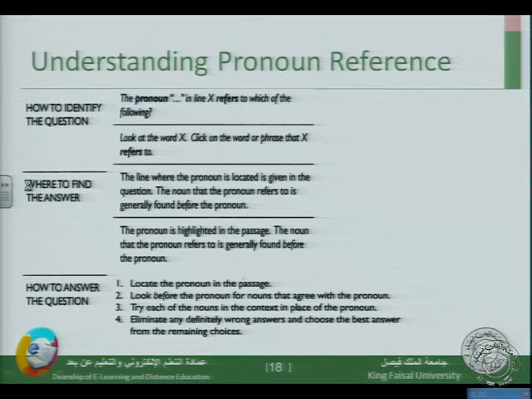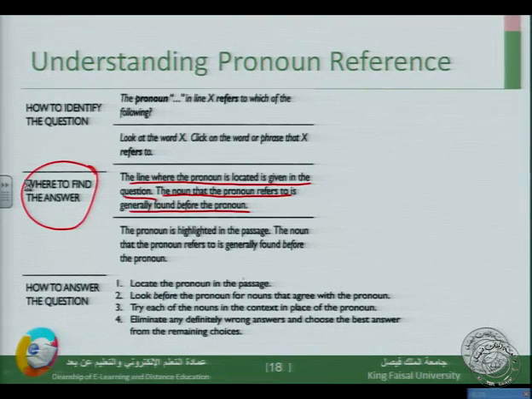So here's a kind of a summary or outline or a chart explaining how to guess the pronoun reference. You can read it. Where to find the answer? The line where the pronoun is located is given in the question. The noun that the pronoun refers to is generally found before the pronoun. We said the noun may or may not be required, but generally speaking it is found in the sentence before the pronoun, where it's located. So you need first to locate it,